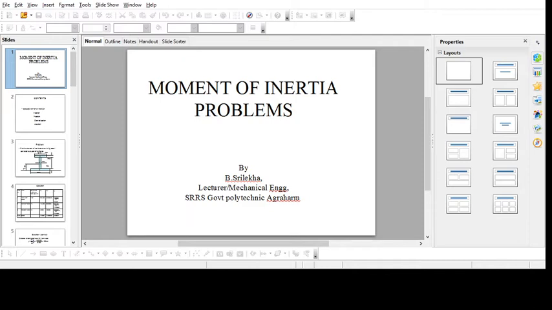So for this what do we need to do? First we draw the given figure, that is the I section, and the second step is to divide it into simple planes. Those are three rectangles. Next, you need to find the centroid of each rectangle. Thereafter you know how to find the centroid of the composite figure, that is, making use of x bar equal to a1 x1 plus a2 x2 and so on by a1 plus a2. Similarly, y bar equal to a1 y1 plus a2 y2 plus a3 y3 and so on by a1 plus a2 plus a3. So likewise you are going to find everything.